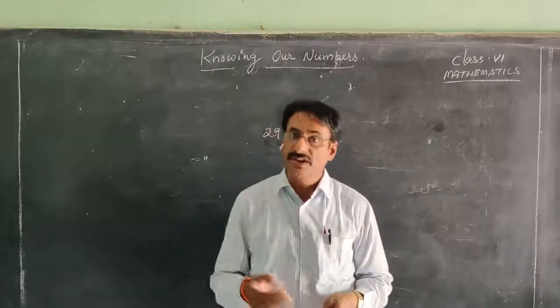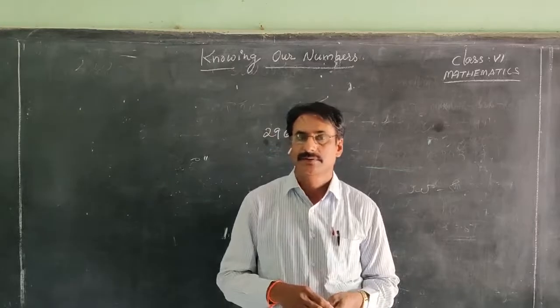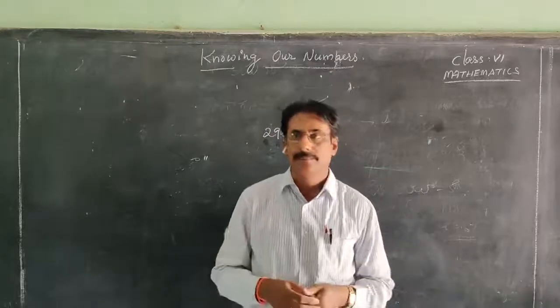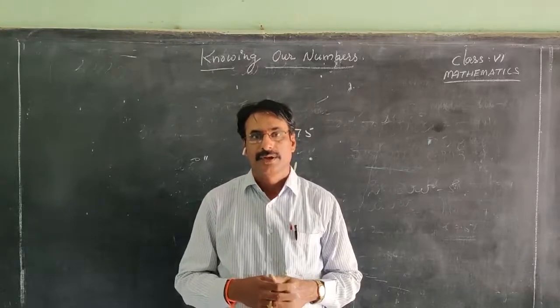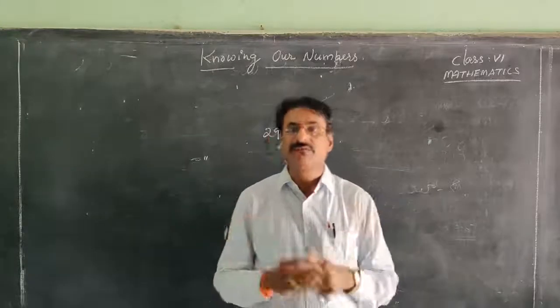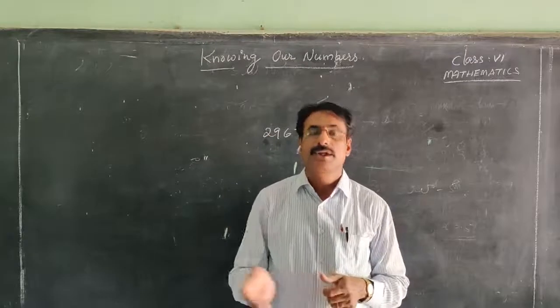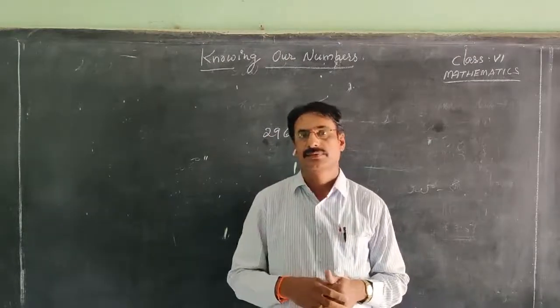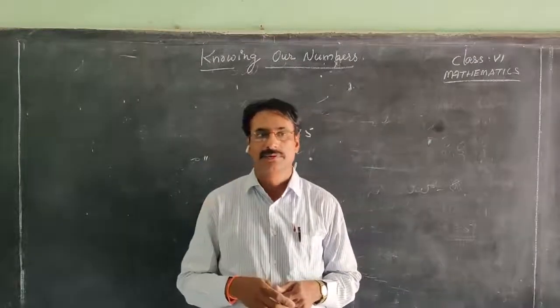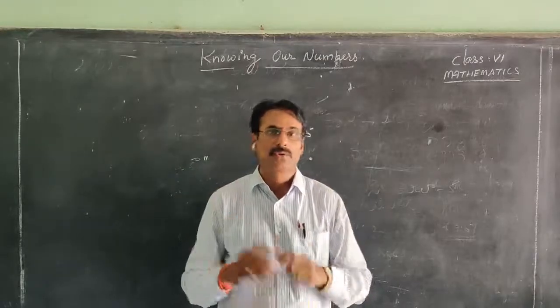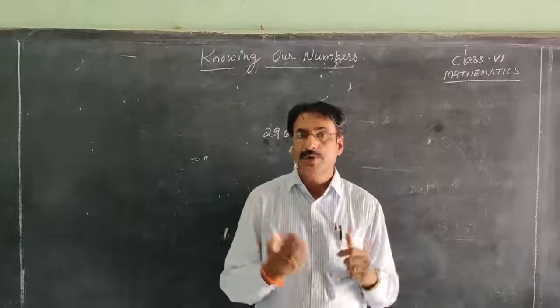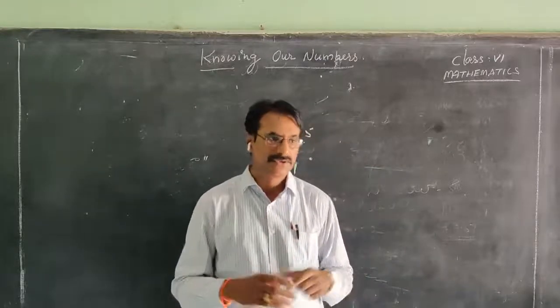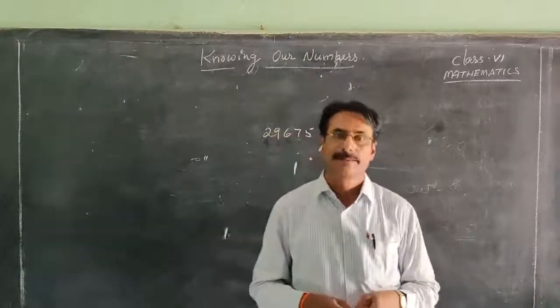The population in our state is more than 5 crore, but that is not the correct value. We round off that number to the nearest zero number. Nearest crore is 5. So generally we say